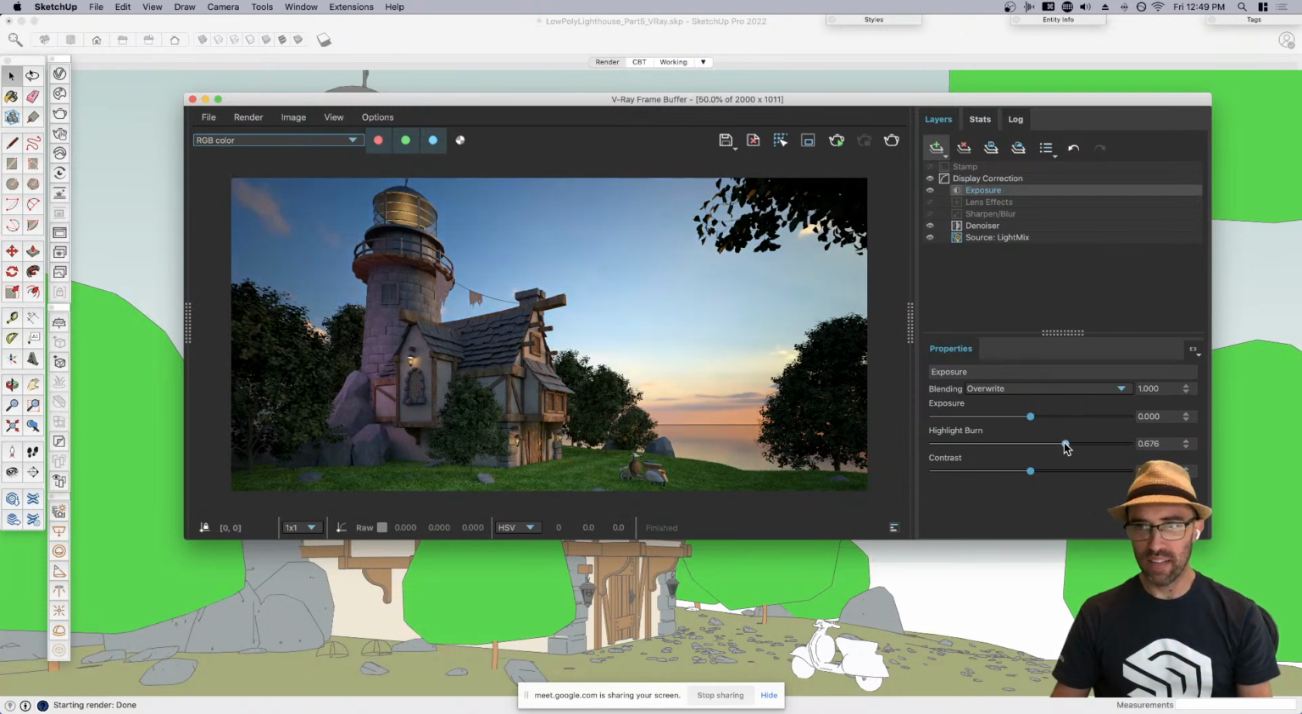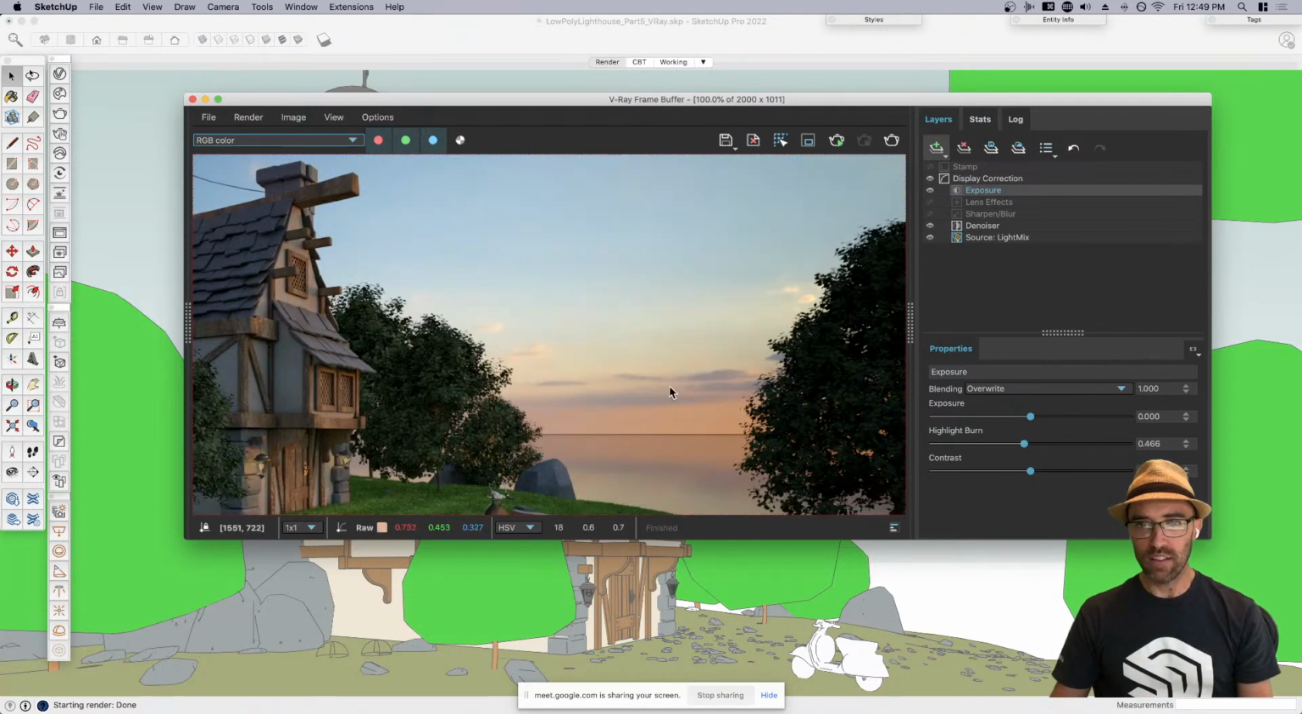You can bring that down so that it's not as bad. So look at these clouds right here. If I push that all the way up, you're seeing that it's being blown out. So really all I want to do is bring that highlight burn down so that I'm not blowing out my